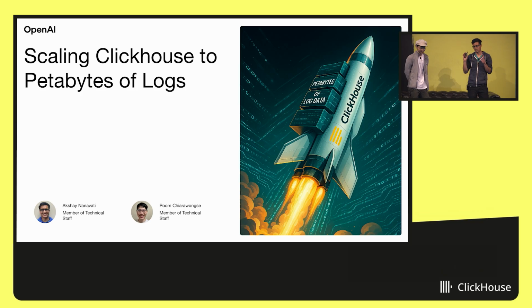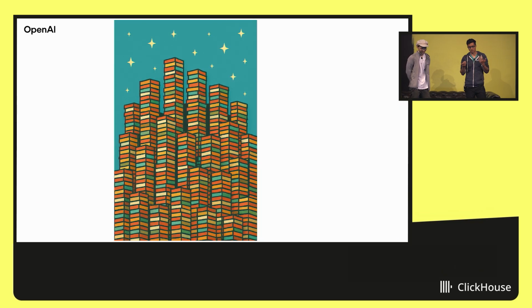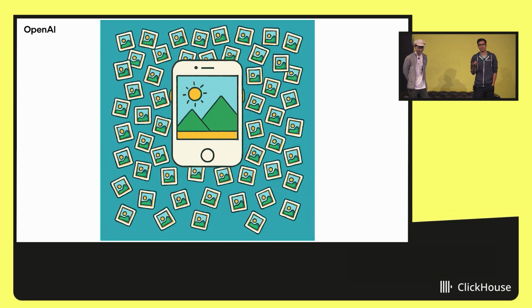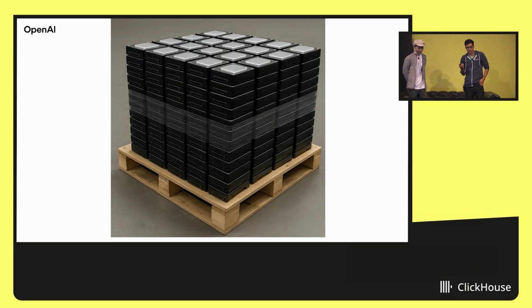In fact, we are ingesting petabytes of data every day. Now, last night, I asked ChatGPT to help me contextualize what this even means. It said 10 petabytes of data is the equivalent of 500 Library of Congress's worth of books. I don't know what that means, but it sounds kind of wild, right? It's the equivalent of 2 billion iPhone photos. So if you're taking a photo a second, that'll take you 60 years, and we're generating this much data in a day. And it'll take a pallet of hard drives to store this amount of data. So the scale is absolutely mind-boggling.